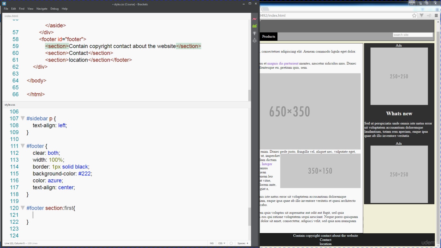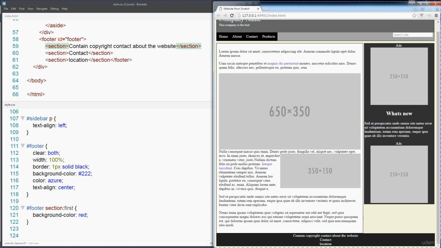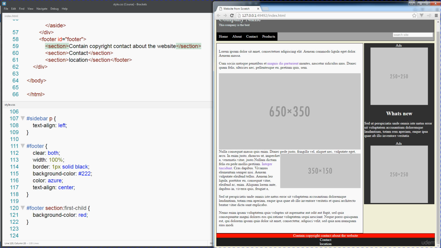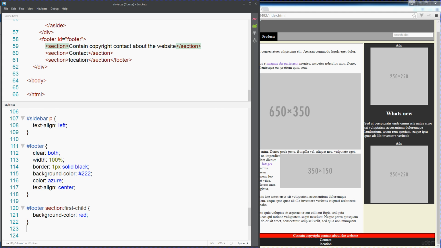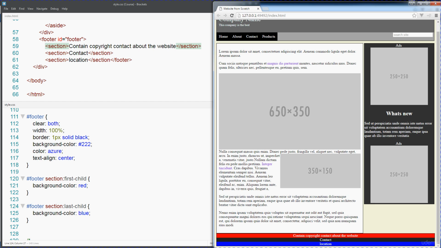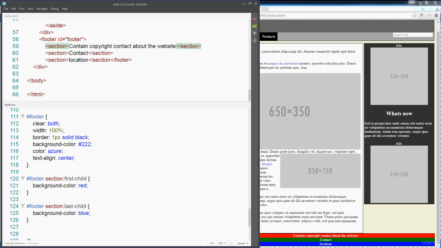And I'm just going to show you how this is going to work. So maybe we'll do a background color and we'll make it nice and colorful so it really stands out. And this is where we need to be more specific because we need to do first child. So let's see how that turns out. So we see that the first child is red, and we can identify the last child, and we'll make that last child blue. So we've got first child, we've got last child, and we can just set a default for this section 1,